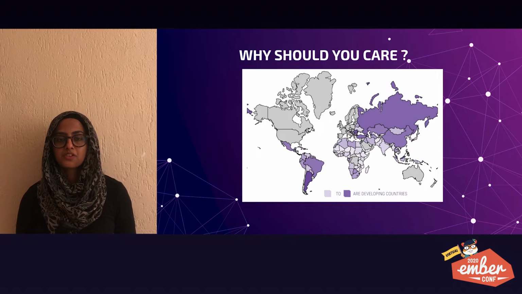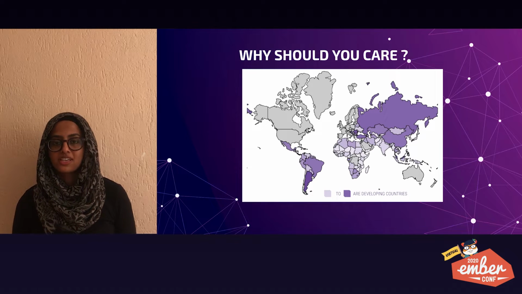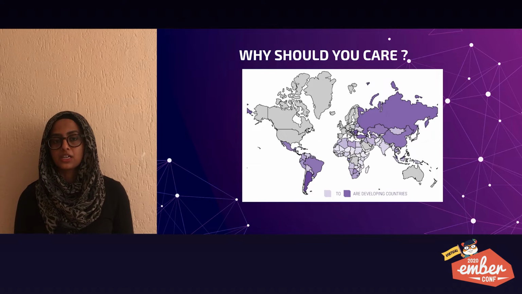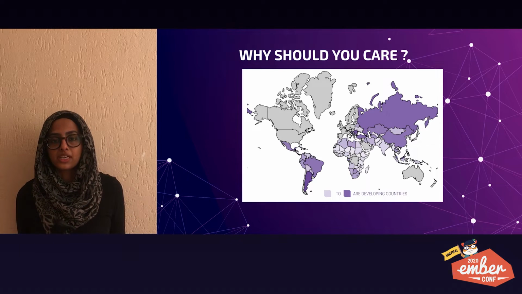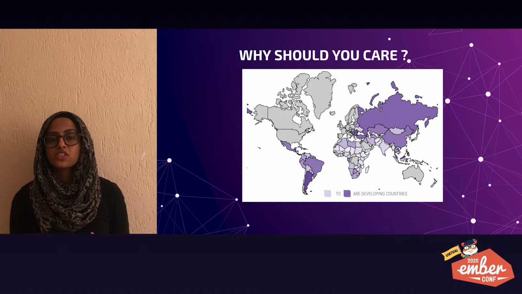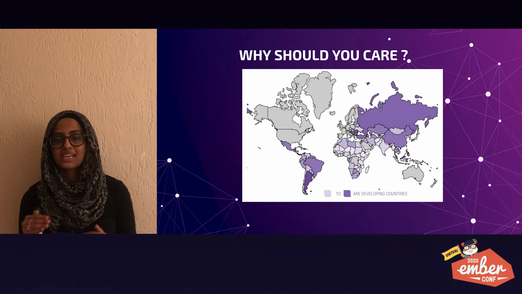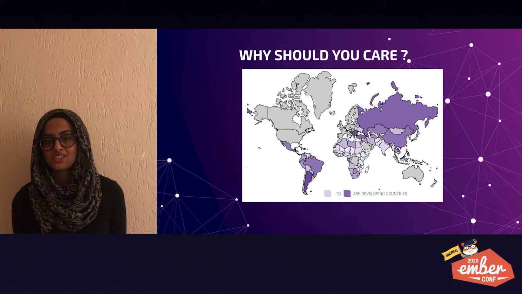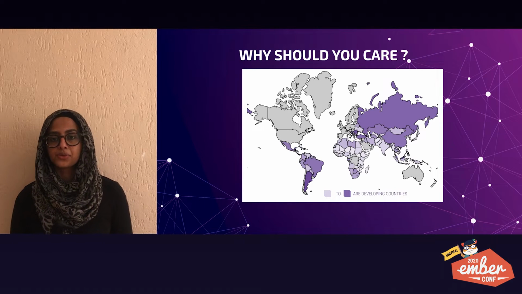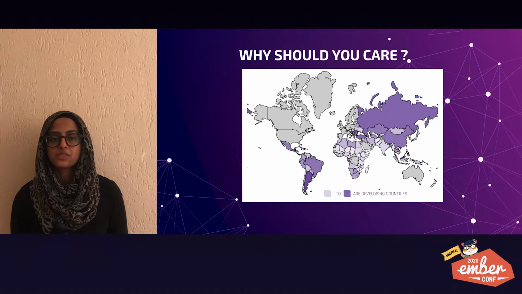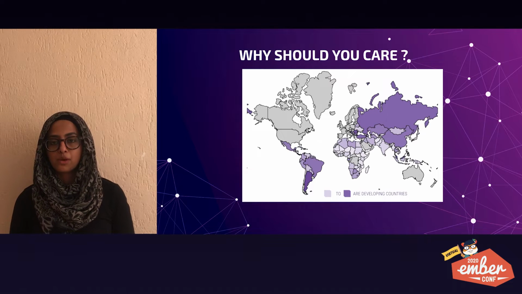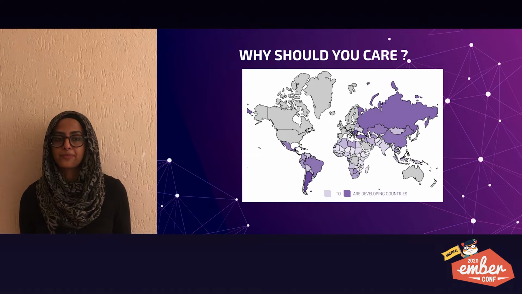On this map, the countries marked in purple are developing countries. The darker purple is the higher income developing countries, unlike most of Africa, but they nevertheless are still developing. So why am I showing you this map? The reason is because whatever the challenges that Africa experiences, at least 80% of these developing countries, that is, all these countries marked in purple, they're experiencing it too. Which means if you don't build your apps to cater for emerging markets, these are the people that will either not be able to use your apps at all or will have difficulty using them.